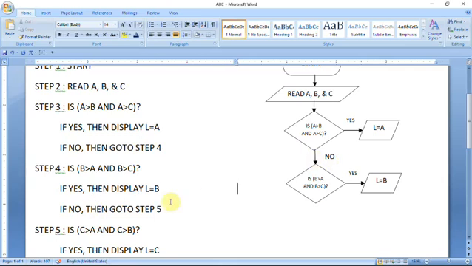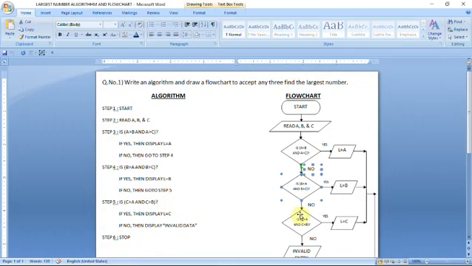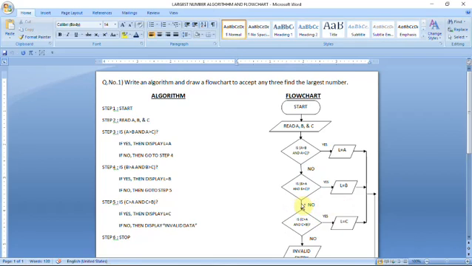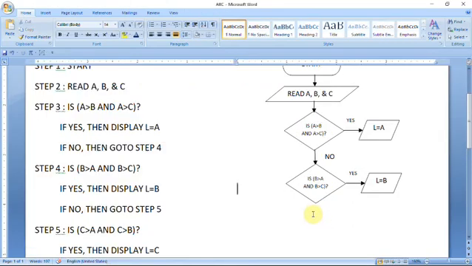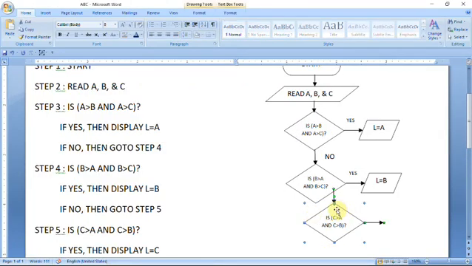If no, then if this condition is again false, I want to give here again the diamond symbol, because you can see there the condition is false here again.